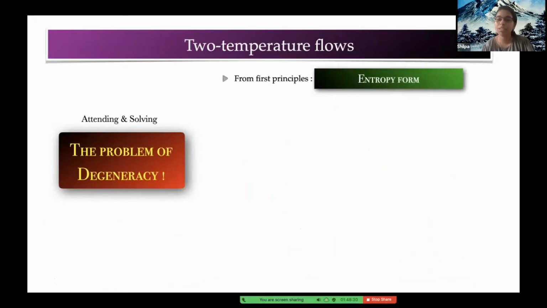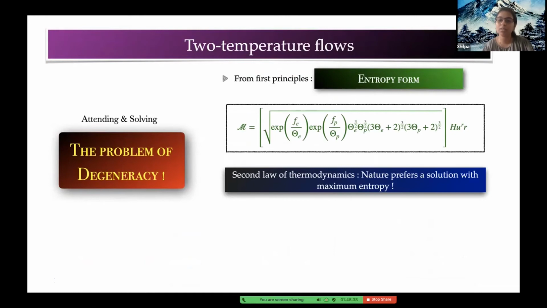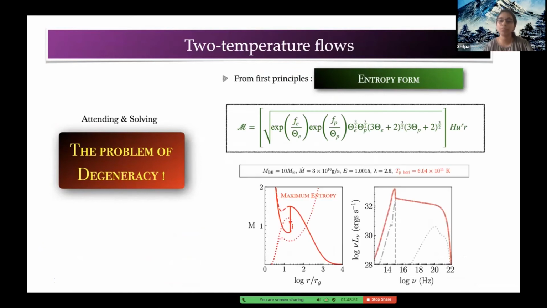So this is the entropy measure form which we derived from first principles, and we use this entropy on all the degenerate solutions, meaning we measure the entropy of all the degenerate solutions. From the second law of thermodynamics, as we know that nature prefers a solution with maximum entropy, we constrain that degeneracy. So in the previous animation which I showed, we measured the entropy of all the solutions and saw